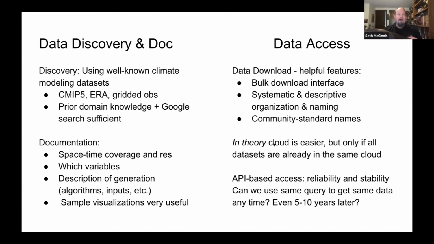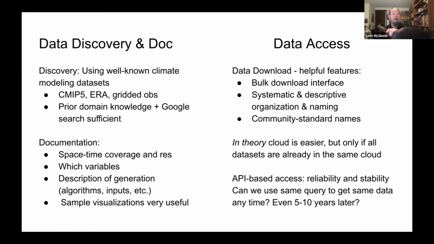What does this have in it? And it's also important to have information about how this data was generated. What went into it? What were the original sources of data going into, like the gridded observational products? And what algorithms did they use and stuff like that? Because that has implications for how meaningful various parts of the results of our